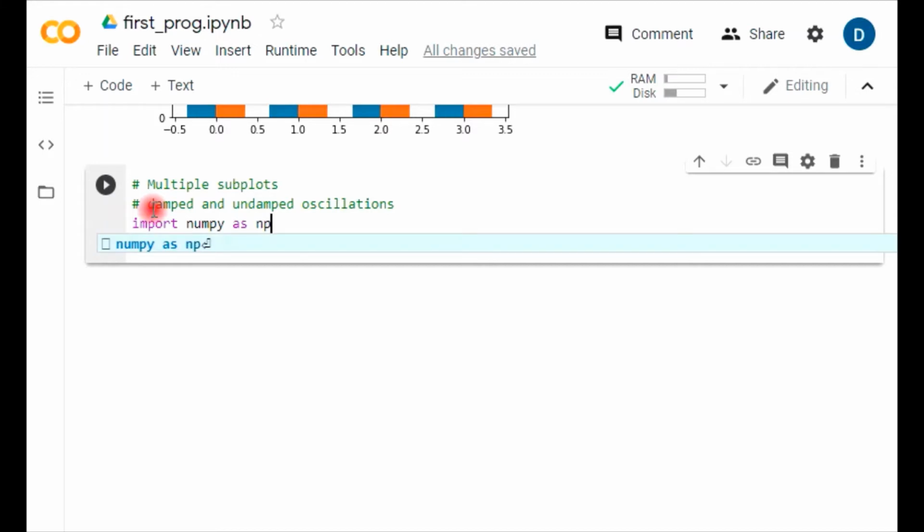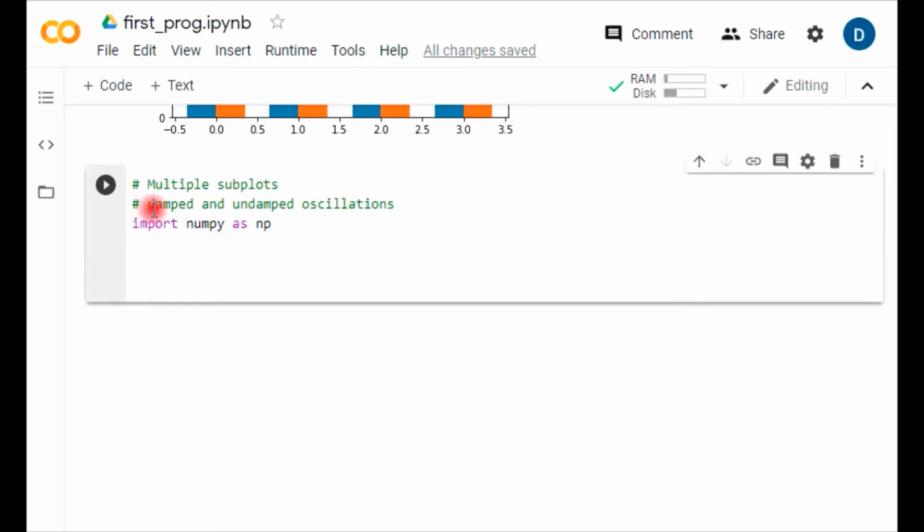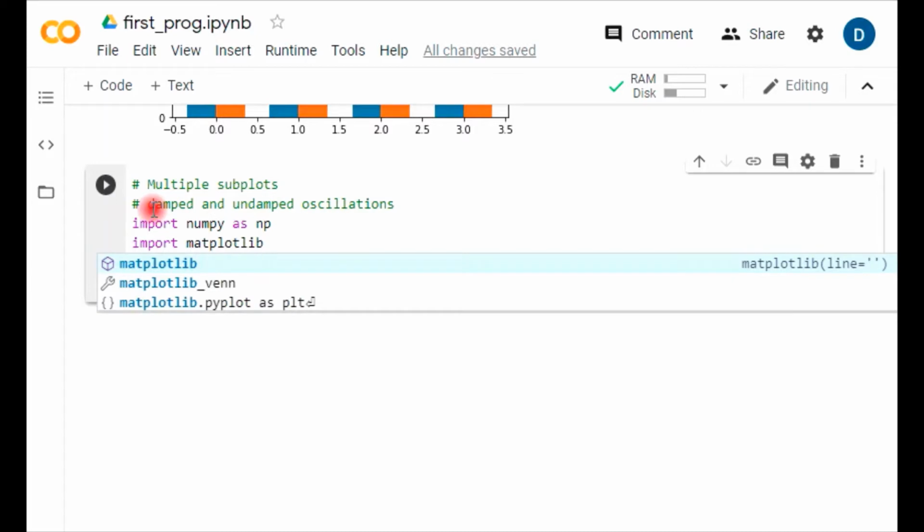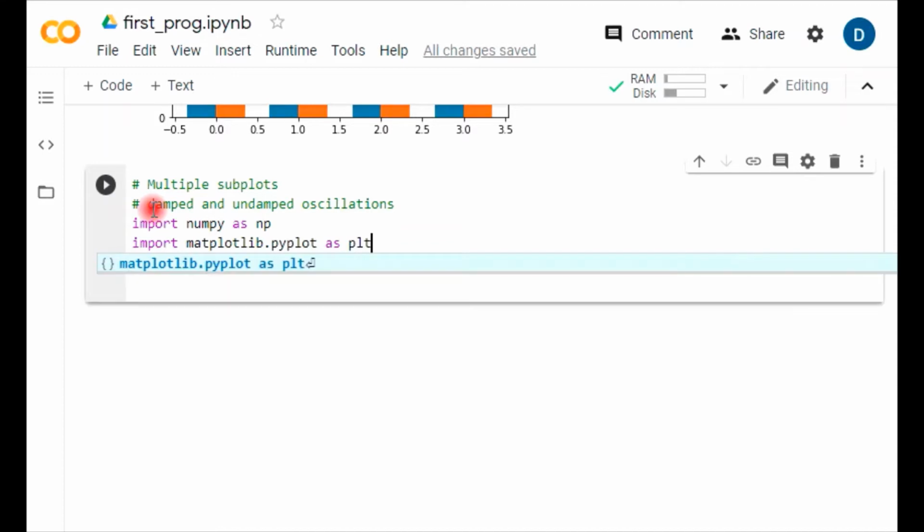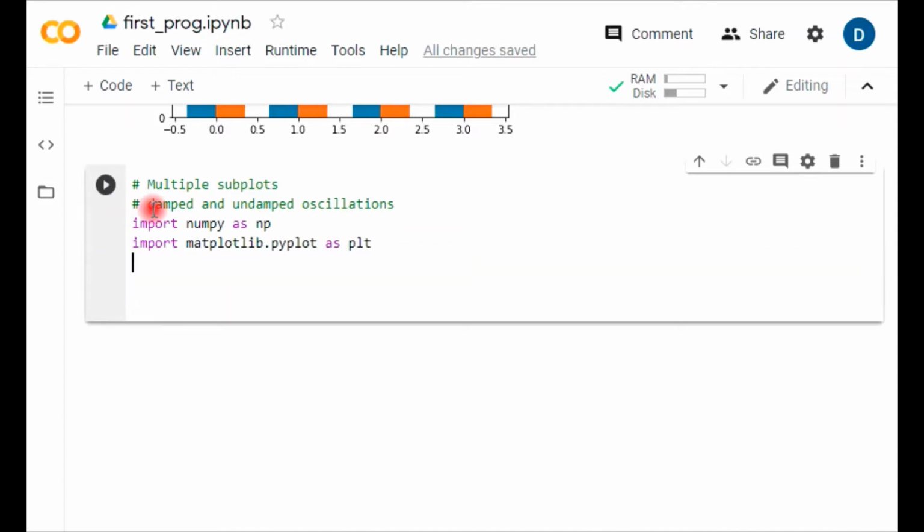Then I'm importing matplotlib.pyplot as plt. So now I'm ready with the two libraries that have been imported. One library is for numerical work and the other is for plotting.